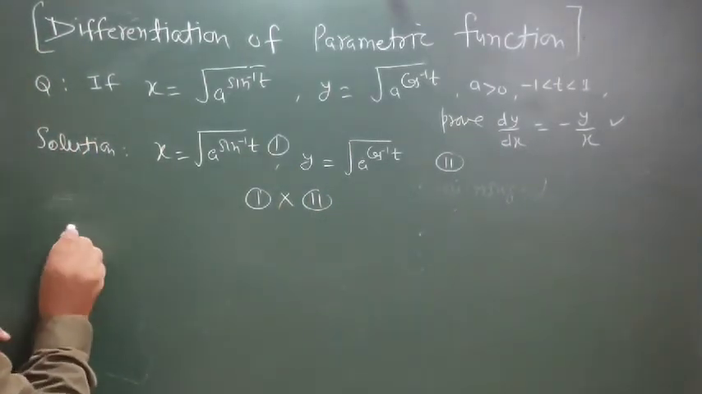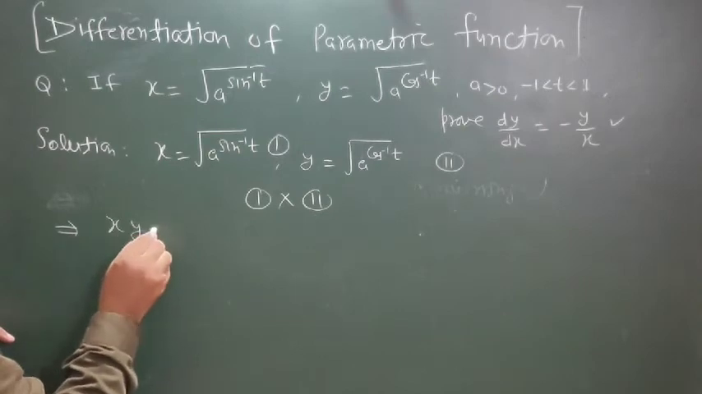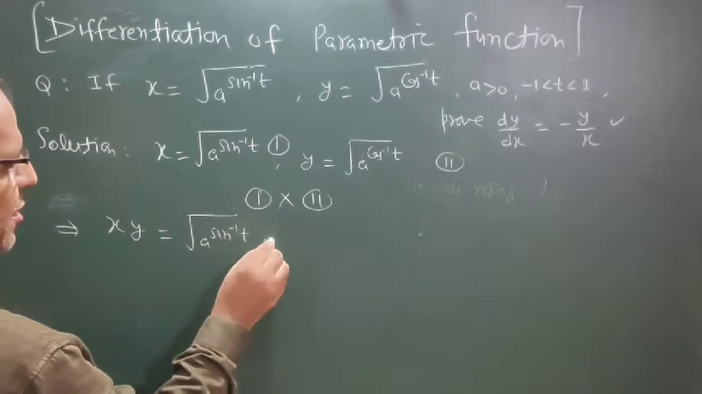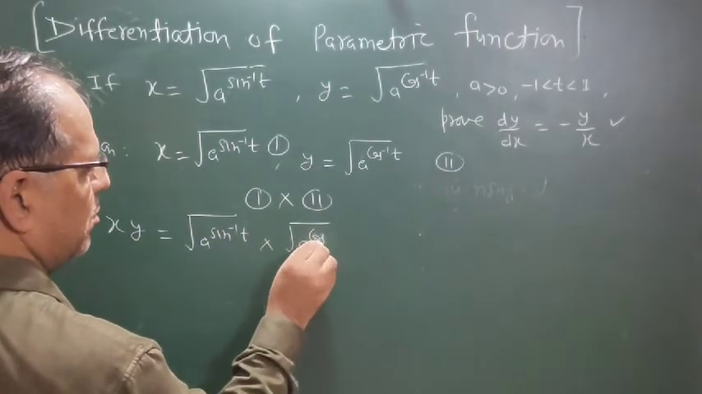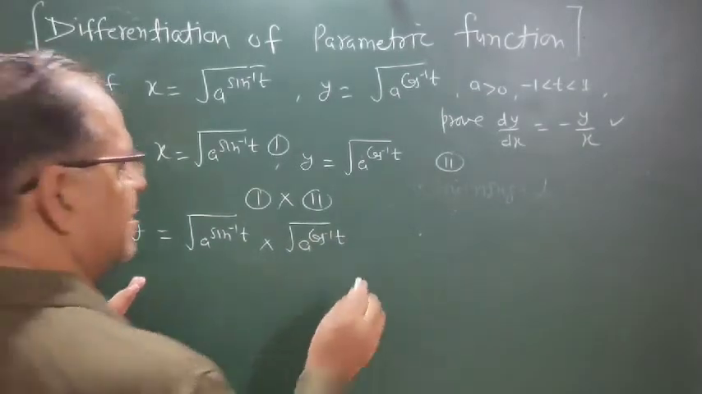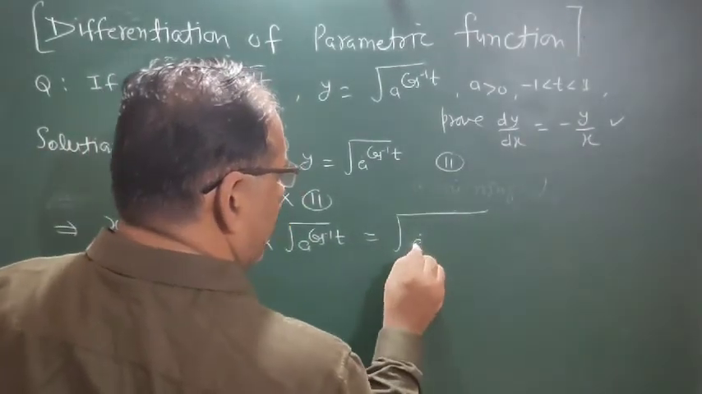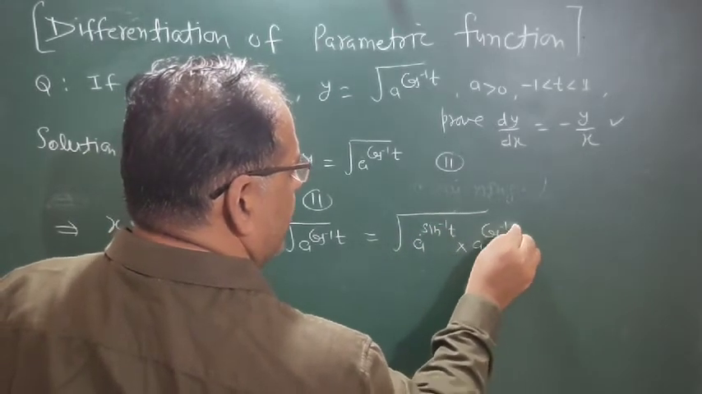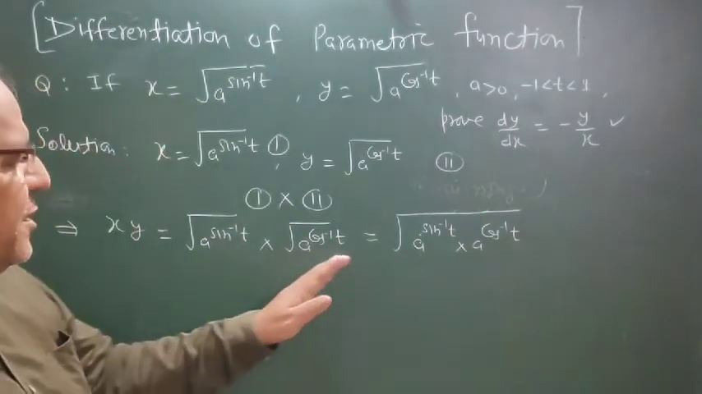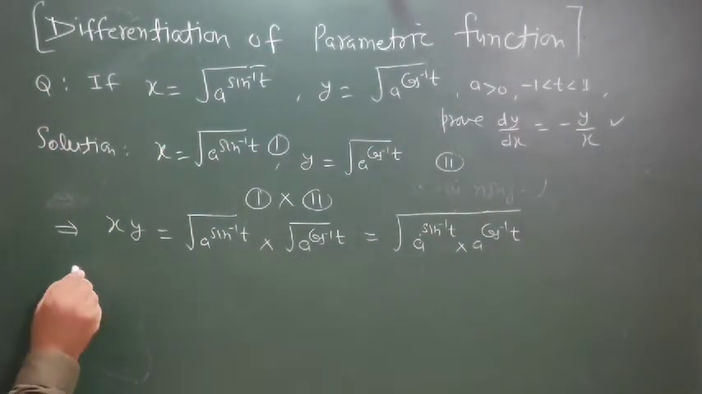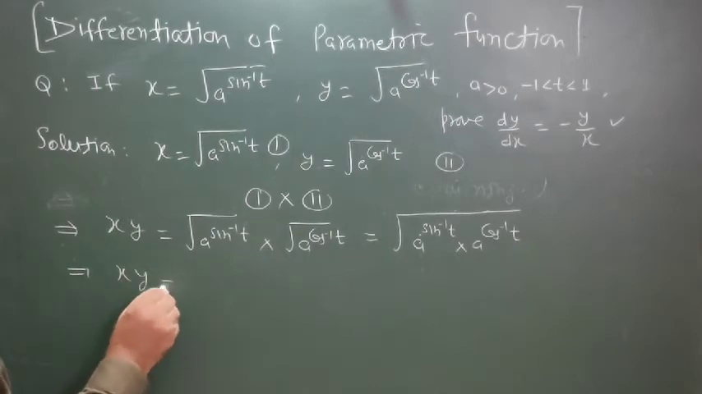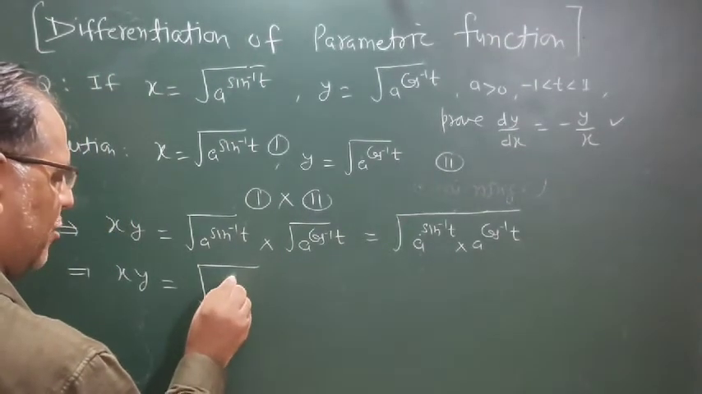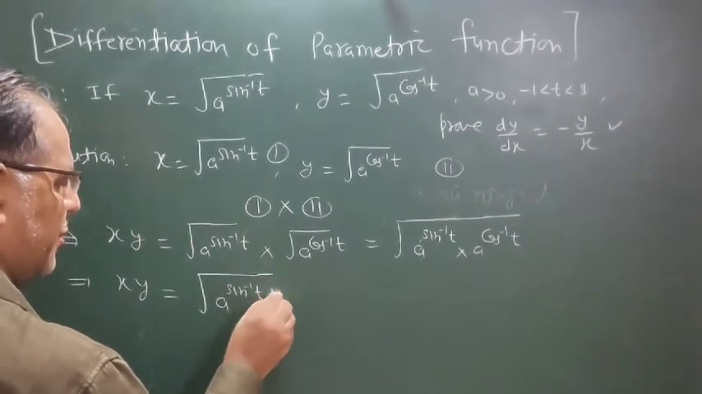So this can be written as xy equal to square root of a to the power sin inverse t into square root of a to the power cos inverse t. Now the right hand side also can be written as square root of a to the power sin inverse t into a to the power cos inverse t. Both the parametric functions come together inside the square root. Now using the exponential properties, this can be written as a to the power sin inverse t plus cos inverse t,